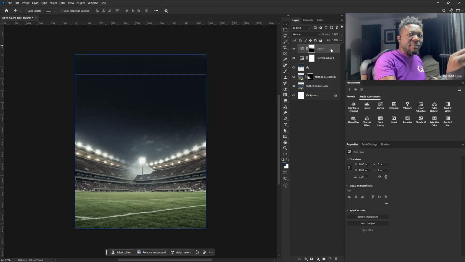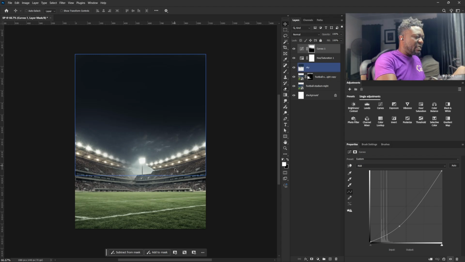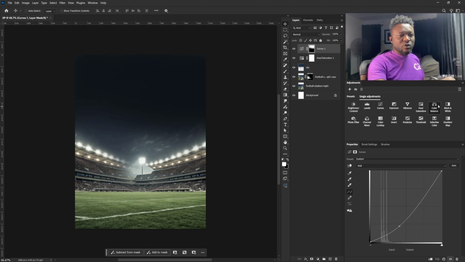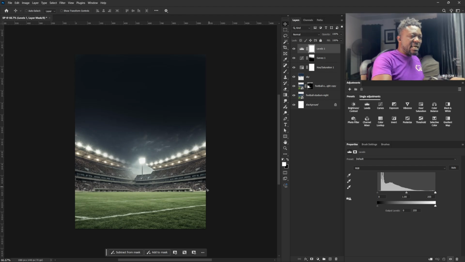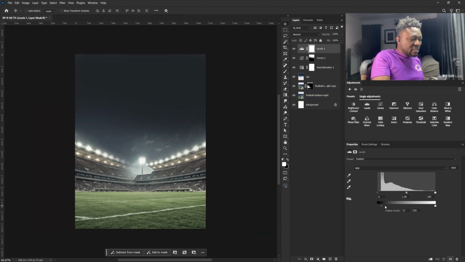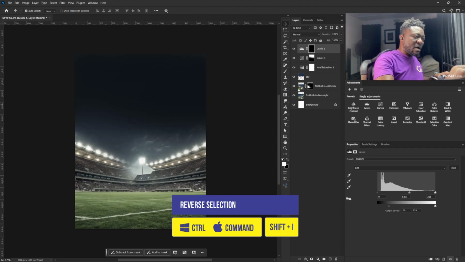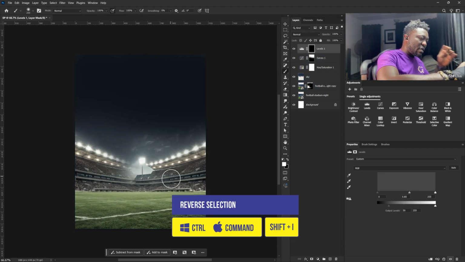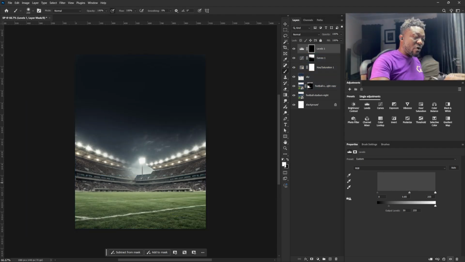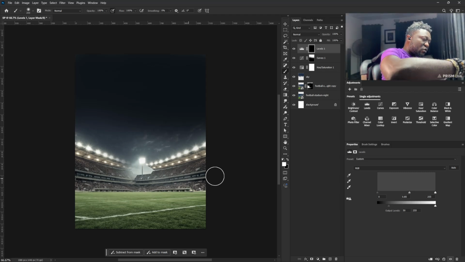All right, so the next thing I'm going to do is to create distance here. I'm trying to create distance between my subject and my background. So I'm going to make the stadium image a bit faded like that, and let's make it a bit darker. Yeah, good. So then I'm going to hit Ctrl-I to reverse the mask, select the brush tool, and make sure your foreground is set to white like mine. So I'm going to just bring back the levels,